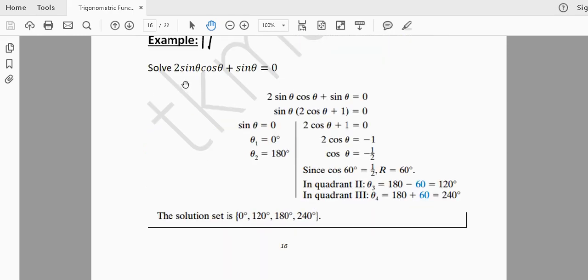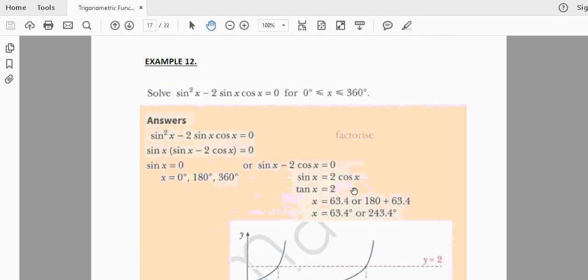In this example, again a factorization case, I picked this one especially because I have seen mostly students take this sine theta to the other side, then bring it down and cancel it. In this way, they eliminate a few of their answers. So you do not ever cancel like this. However, while you are applying an identity, that is fine. But otherwise, you do not just cancel it out. So it's a very important question.